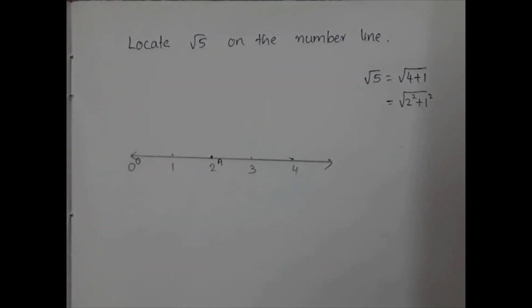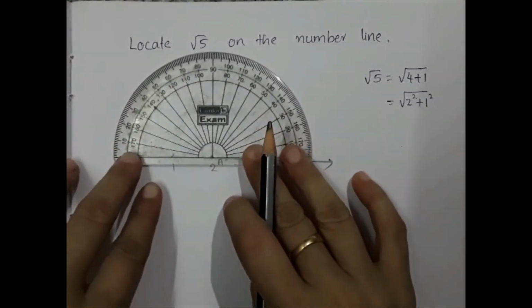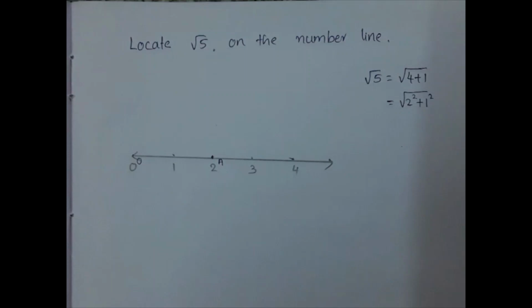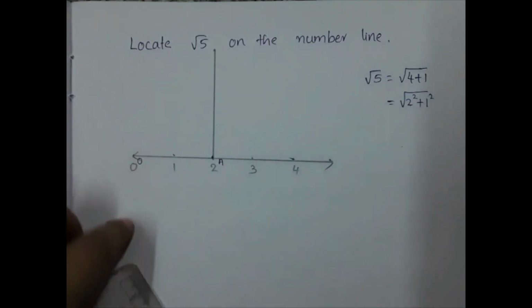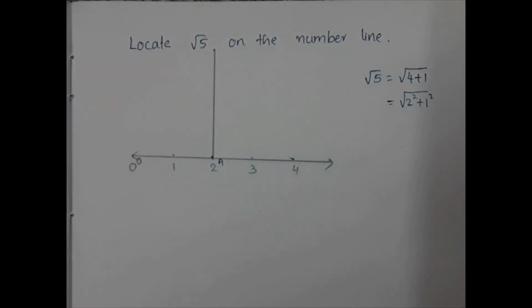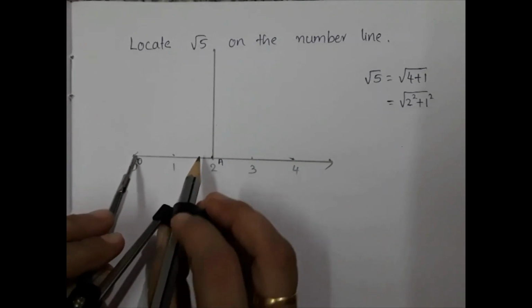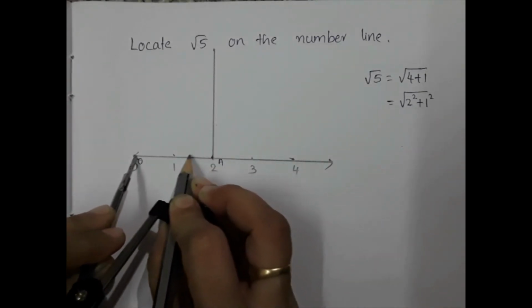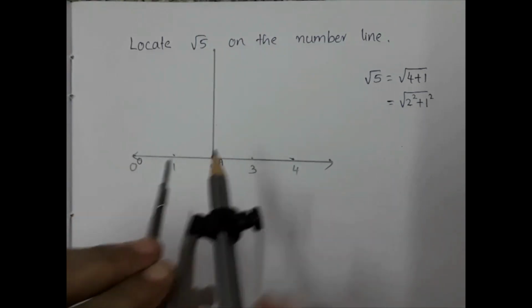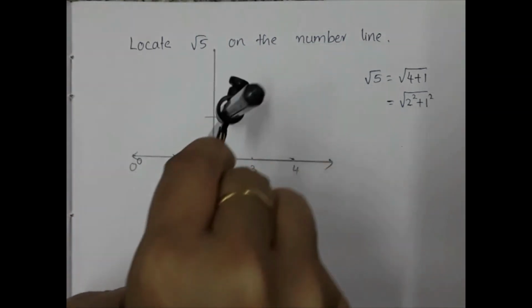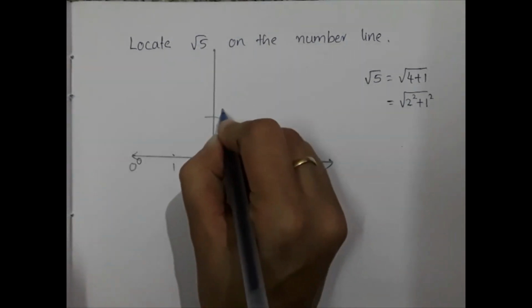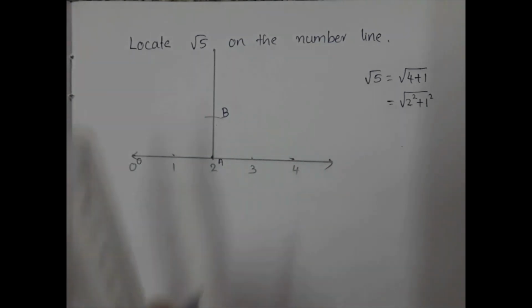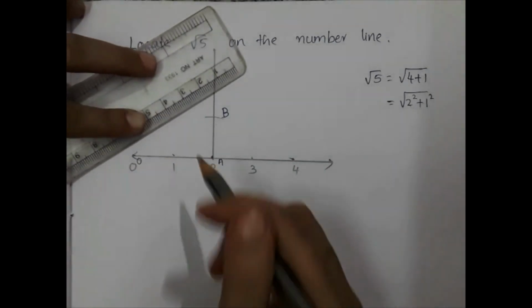So using the protractor you have to measure 90 degrees first, and then join. Okay, then you have to take 1 unit. So with the compass, here it is 2 units. This much is what? 2 units. But we need only 1 unit. This much is enough. Okay, so from the point A, you have to draw the arc. So that point is what? Our B. Is it? So what you have to do next is join O and B.